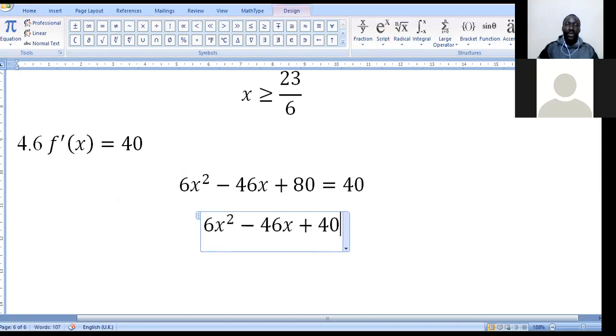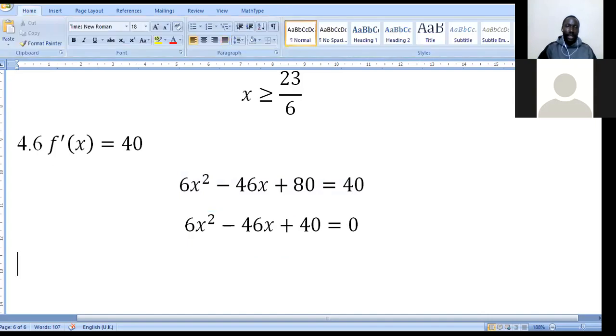That is when we transfer the 40 to this side, equals 0. Now you can solve this. This is a quadratic equation that you can solve with ease. I'm just going to give you the final answer, which I did, and I got